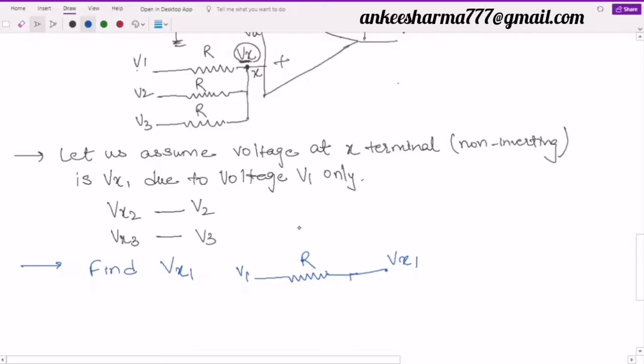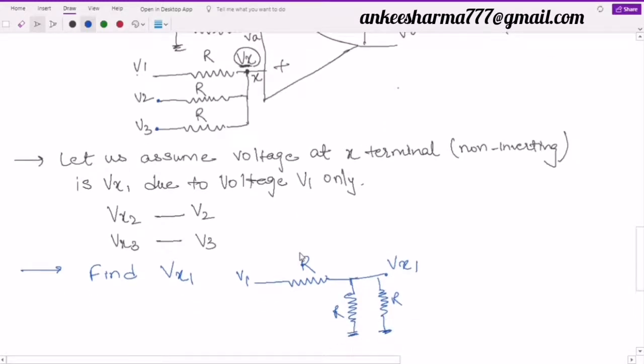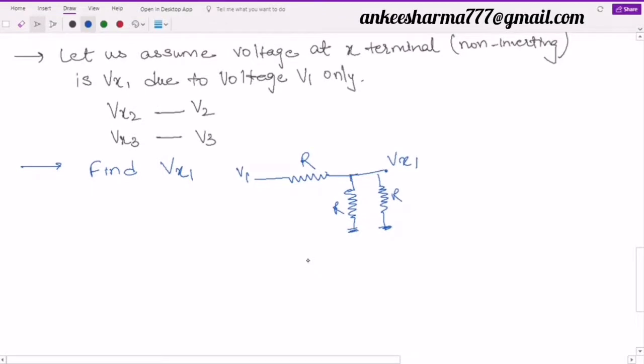Now this is what the superposition theorem says. We have to take only one voltage and the rest of the voltages are to be replaced by their internal resistance, or simply they are grounded. So when you ground this V2, definitely it will be connected to ground. This point will be connected to ground, and this one also will be connected to ground. So it means I can make this resistance connected to ground. Similarly, the other resistance is also connected to ground. These two are resistances. Or in a better way, can I say these two are connected in parallel, or I can make these two grounds common like this?